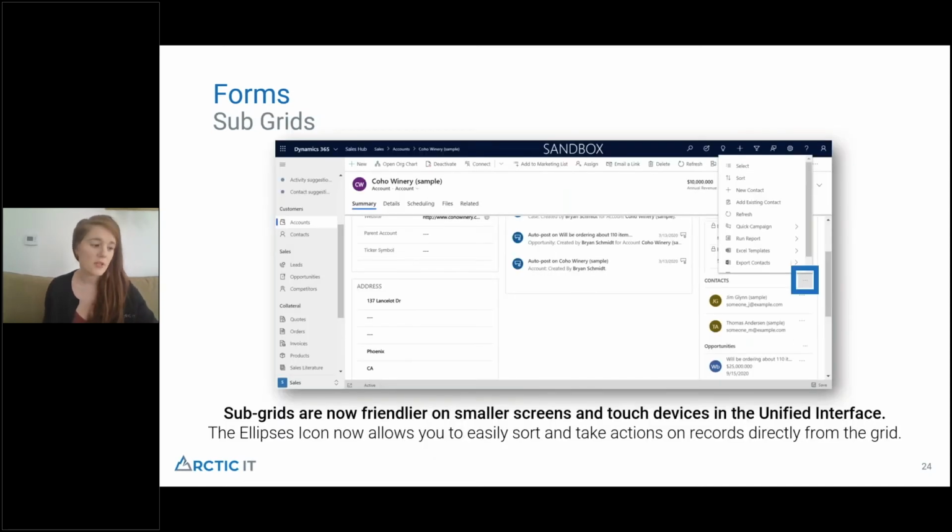Within subgrids, subgrids are still available. They were available within the Web Classic interface, but I would just say that they're quite a bit more friendly now. If you've been using D365 CE on your mobile phone, subgrids are a lot easier to work with on a phone. You can see how this might be a challenge, but they've really done a good job with it